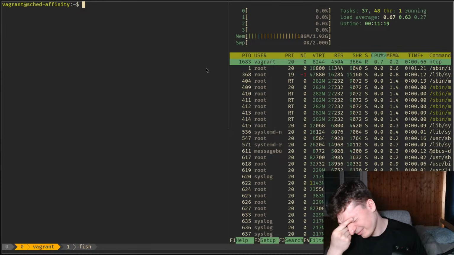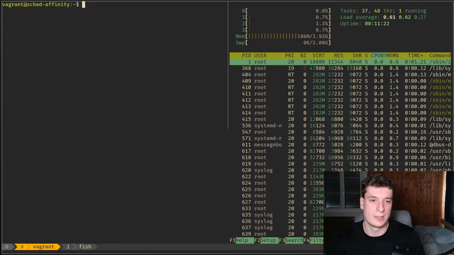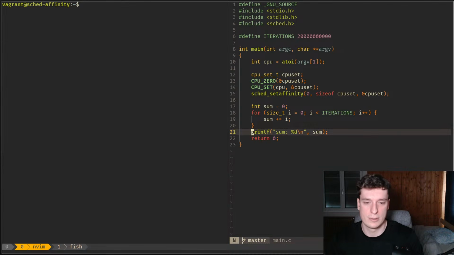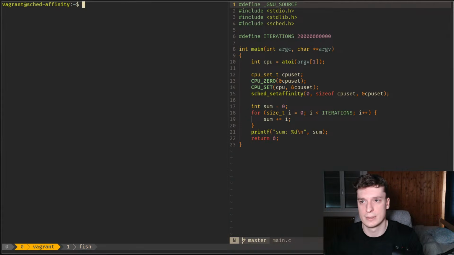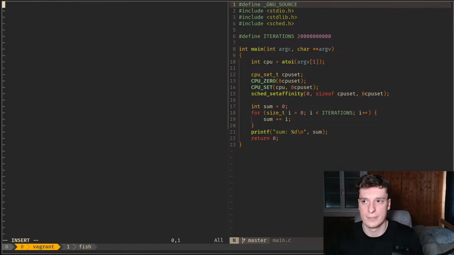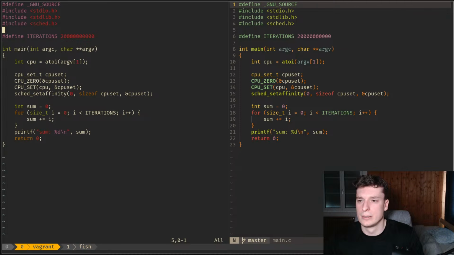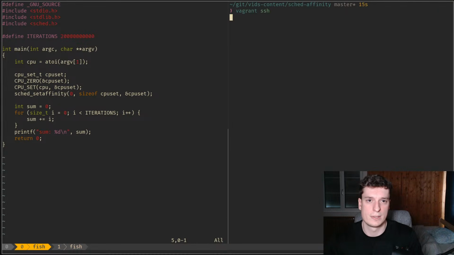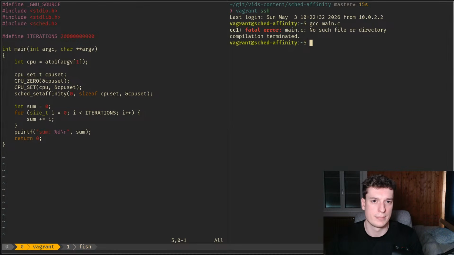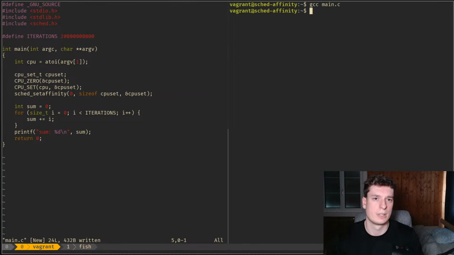What did I want to do? Okay, GCC, great. Now let's get my main. Let's copy and paste all of this. Like so. Do I have Vim? Yes, I do. Epic. So vim main.c. Okay, that's cool. I can quit this, re-SSH into the VM, and do gcc main.c. Oh yeah, I have to save it. Okay, and now if I run it,